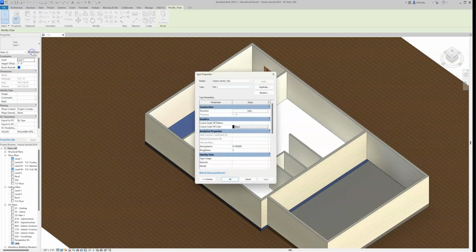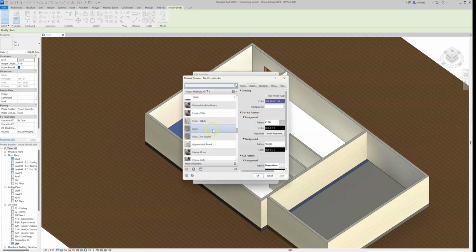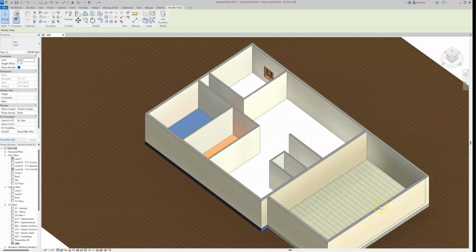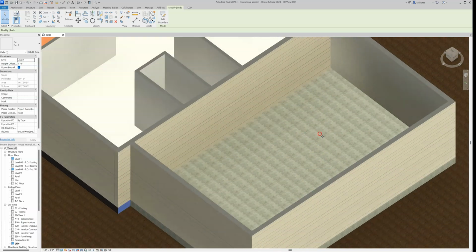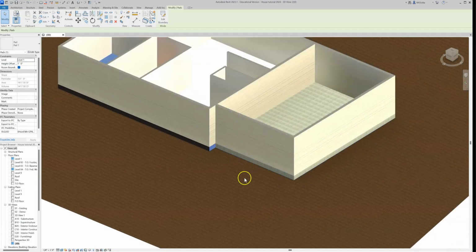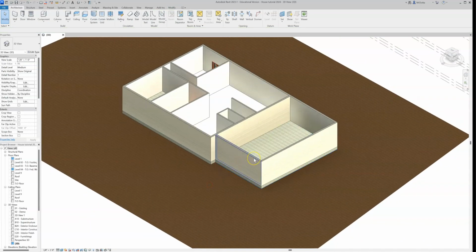Then we're going to go to edit type. We're going to go to edit. We're going to go back to material. Click on that little box. And we'll go to concrete. And we're going to choose concrete lightweight. That's fine. And then you'll see how apply. Okay. You'll see how the garage is now a concrete slab like it should be. And the outside looks like concrete the way it should. So now we fixed our pad, and now it's time to do